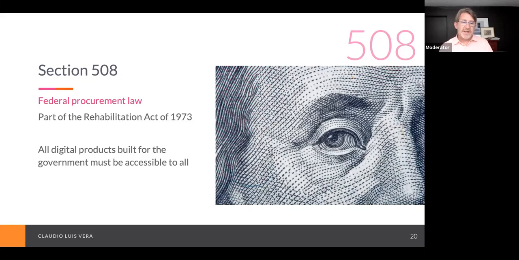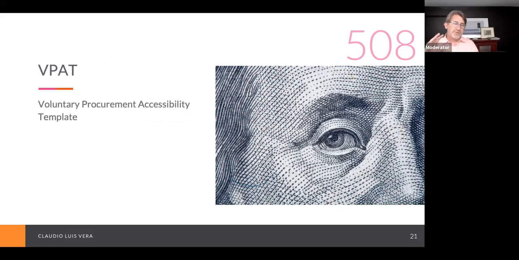Now, one of the things that vendors do when they're proposing and bidding for federal government work is they have to fill out what you call a VPAT form, which is a voluntary procurement accessibility template. A VPAT form will list everything that your software does and how it is accessible or inaccessible. So if you have a product like Zoom, you could go to the Zoom accessibility pages and you would probably find VPAT after VPAT for every